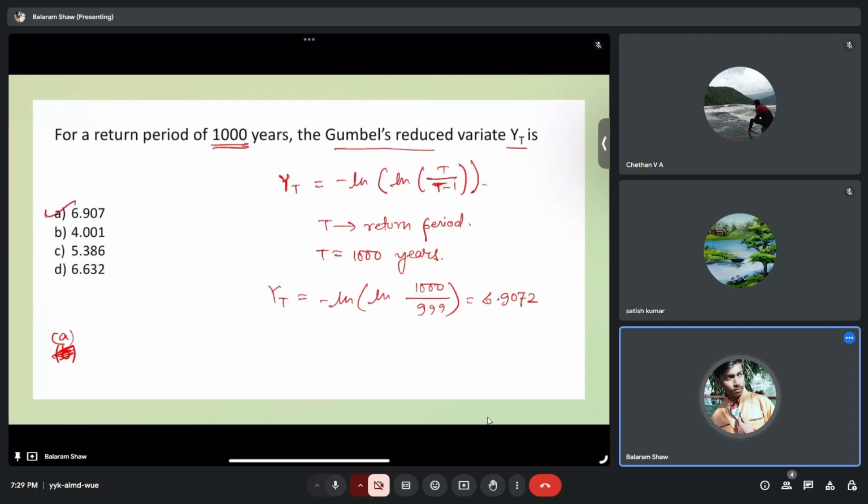Yeah, I'm getting the same answer. Okay, so the correct answer is A. Any questions here? Okay, next question is: for an annual flood series arranged in decreasing order of magnitude, the return